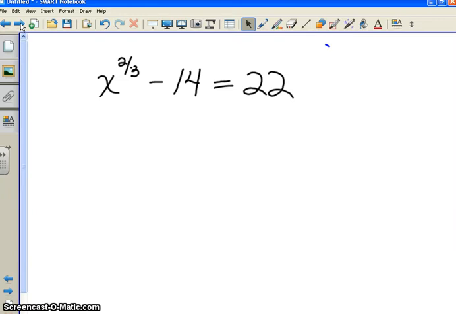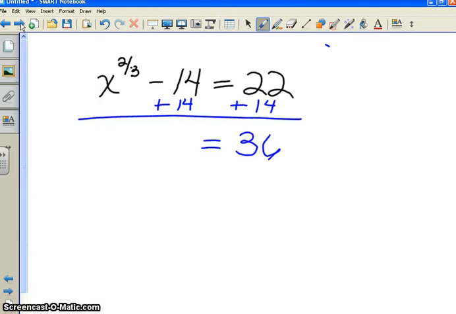Here's an equation: x to the 2/3 power minus 14 is equal to 22. Now there's no way in the world I would know this off the top of my head. So when we solve this for x, I'm just going to add 14 to both sides. Opposite of subtraction is addition. And that'll give me x to the 2/3 is equal to 36. Now here's where I've got those two options. I can either do the 2/3 root on both sides to cancel out that exponent of 2/3, or my other option